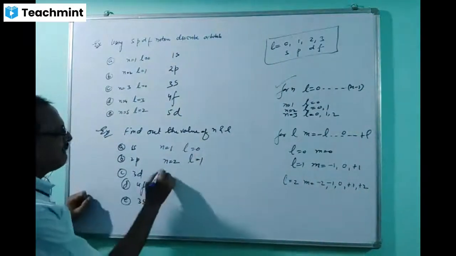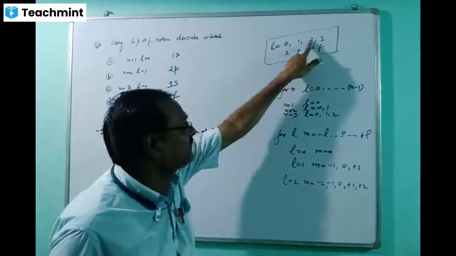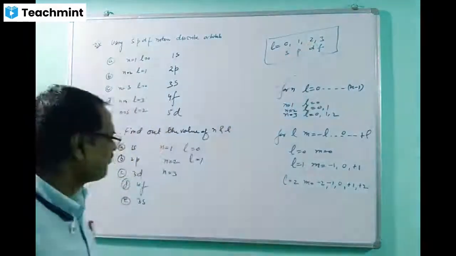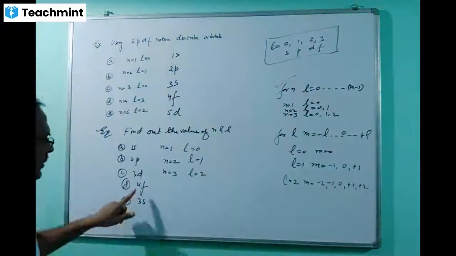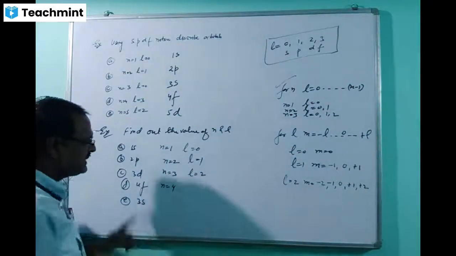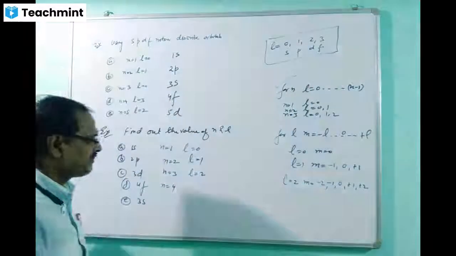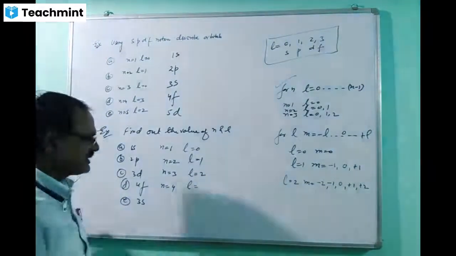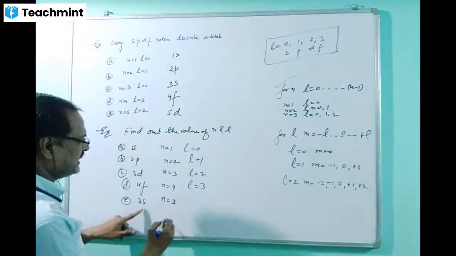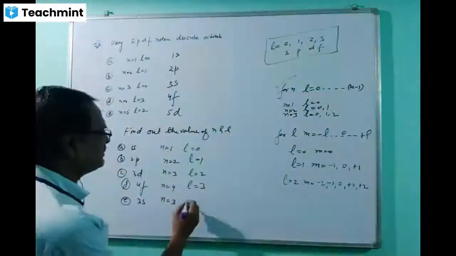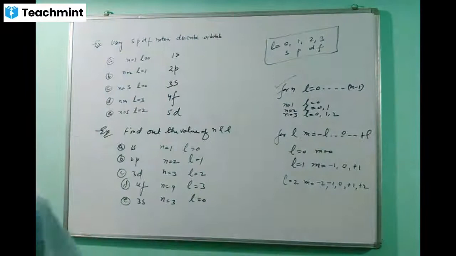This 3 is given, N is equal to 3. Then d, just you see, for the d, what is the value of L? 2. Yes, correct. Then 4, f is given. If the f is given, what is the value of L? 3, sir. Yes, the value of L is 3. In the same way, for the 3s, N is equal to 3 and s is given, then L is equal to 0. So such questions, if you go through the previous year question papers, are asked.